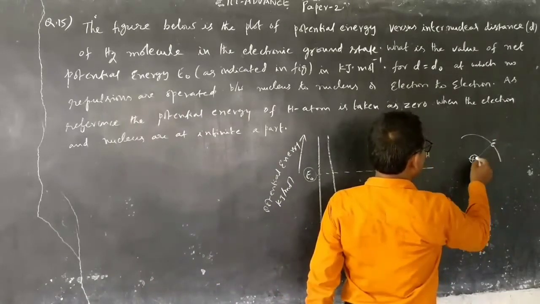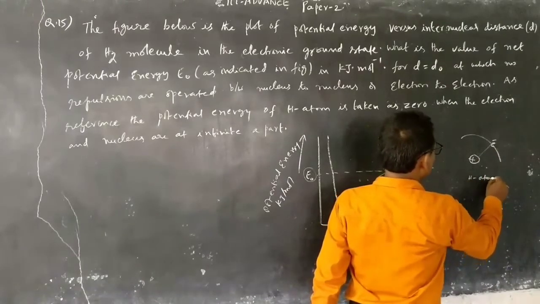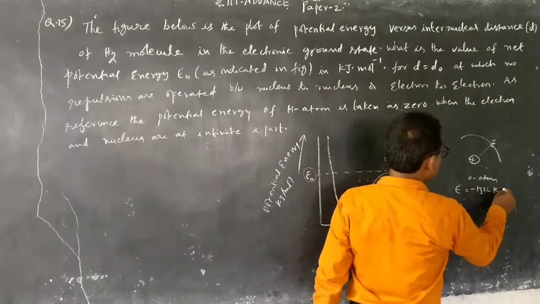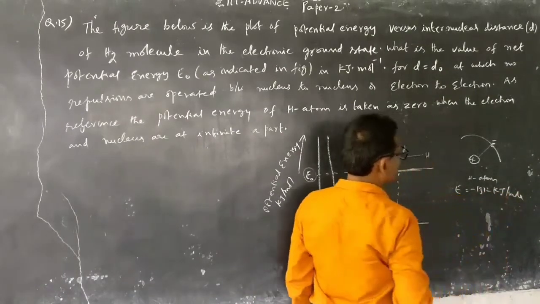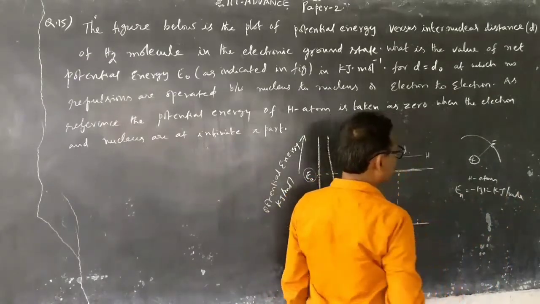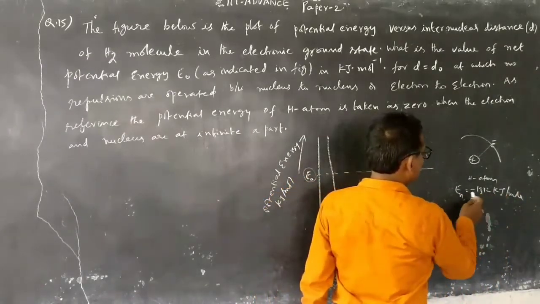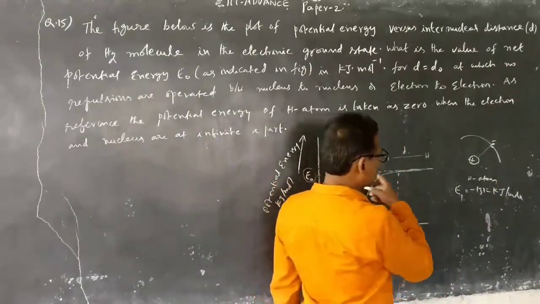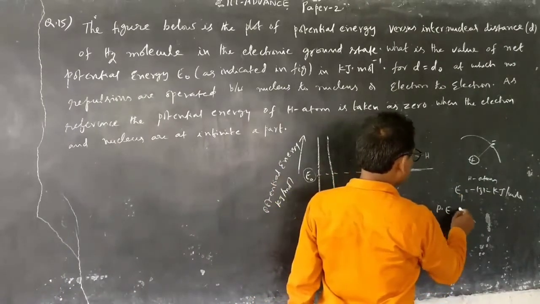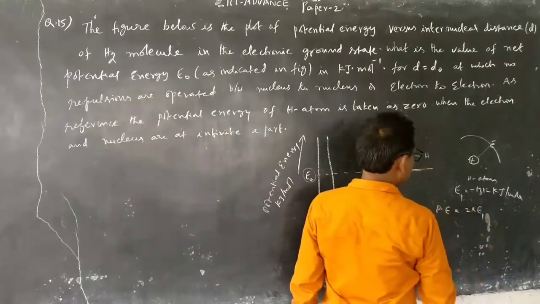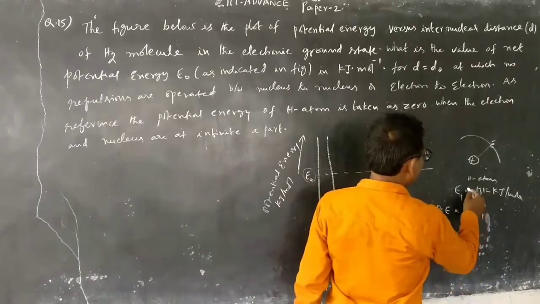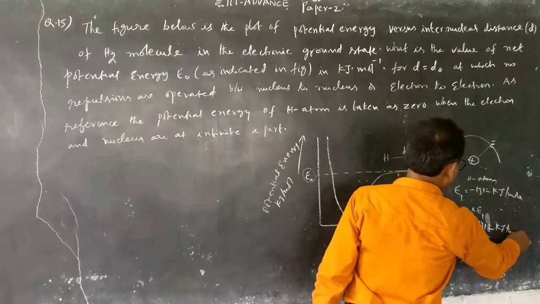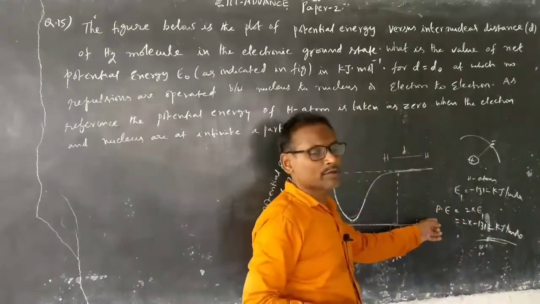What is its energy in the case of a hydrogen atom? In the case of a hydrogen atom, the energy is going to be minus 1312 kilojoules per mole. If you work out the energy of the electron in the nth orbit, it is going to be minus 1312 kilojoules per mole when the electron is in the ground level. But he is asking about potential energy. You know, potential energy is twice the total energy. That means the value of potential energy is double this one, that is 2 into minus 1312 kilojoules per mole. This is the potential energy with reference to one hydrogen atom.